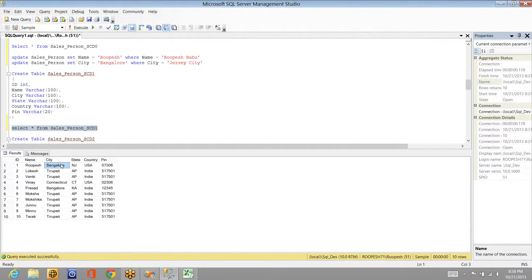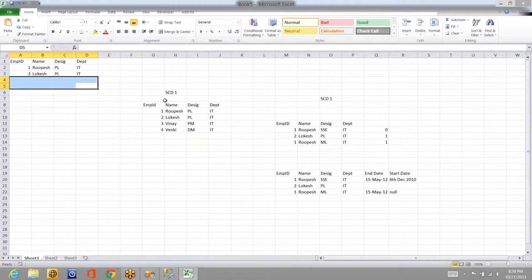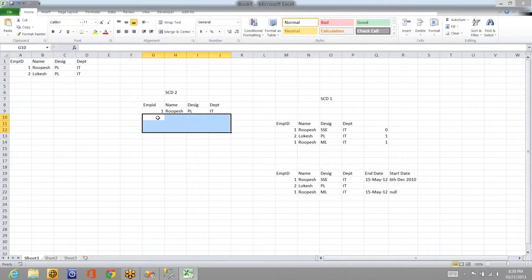Now let's jump into the type 2 SCD. So again, I'm deleting these two records. Let's go back to the same original state. SCD type 2, and this is the initial status. So what this SCD type 2 will do is it will work in two ways. Either maintaining a key column saying whether it's a current record or history record, or it will maintain start date and end date in our SCD transformation.